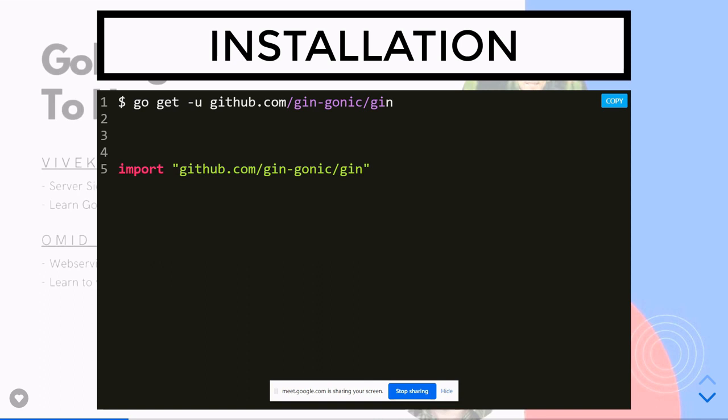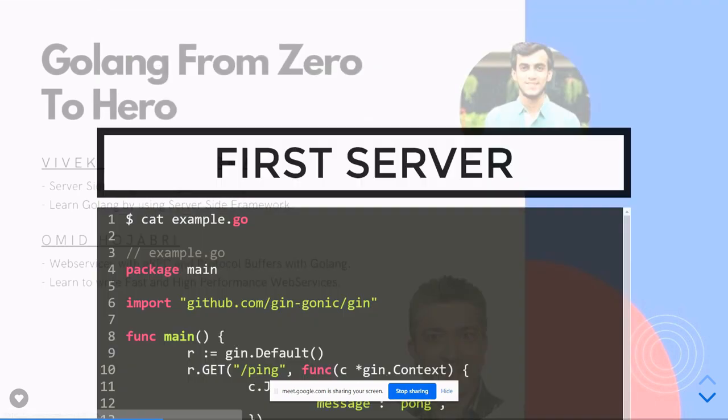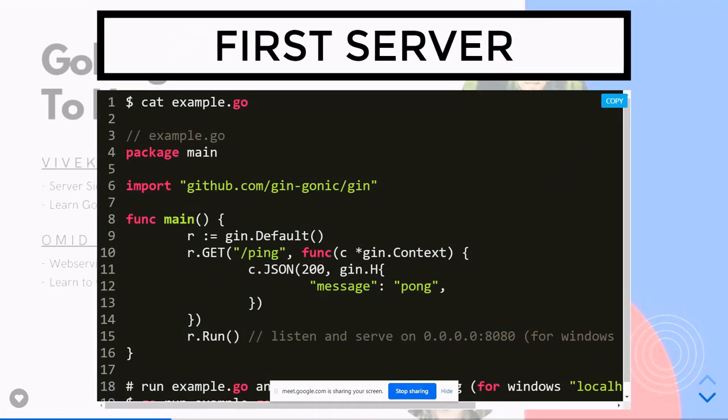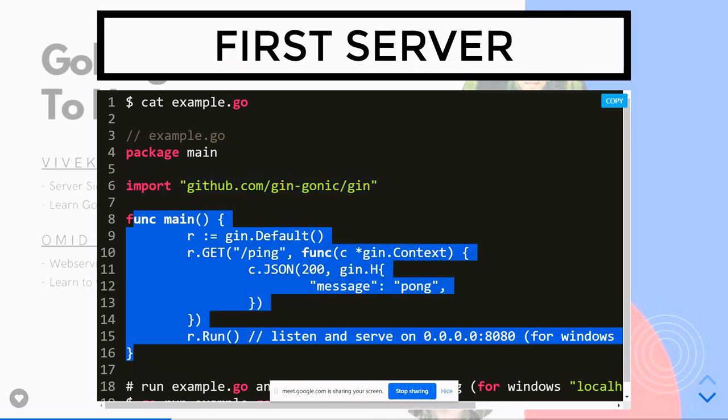First of all, we will see how we can install Gin. We need to get the module from GitHub, then import it within our Golang program. After that, we need to write our first server. First, we add the cat command. Cat will create the file in Linux, and then we need to create a package, import our Gin module, and then create a main function. Main function is the main function in Golang which will execute